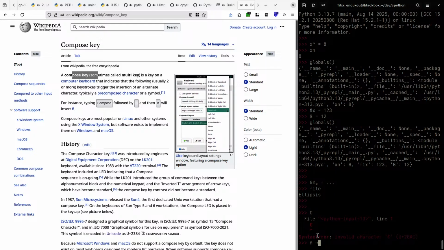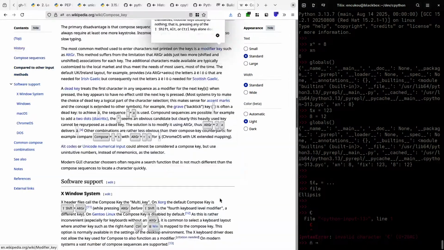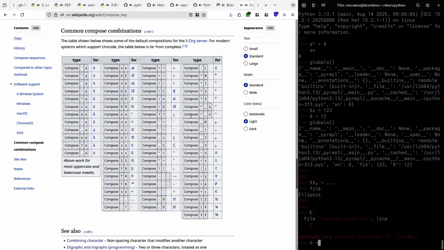Or you can compose arrows from dash and less than, and so on. I think there's a list of common ones. If you remember that th gives you this thorn character, then you can just write it on the keyboard.